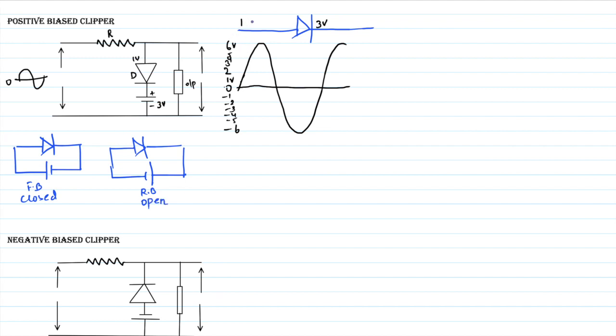Okay, here first I am applying 1 volt. So for the diode, the anode is 1 and the cathode is 3. That means in this condition the anode is less and the cathode is more, so the diode becomes open circuit. When this diode becomes open, no current will flow across this diode. The entire current will take the other path and go to this output resistor. So how will your output look?